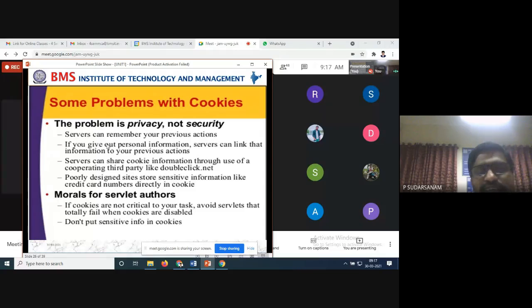So servers can remember your previous actions, only that. If you give out personal information, the server can link that information to your previous actions. That's what I told you.